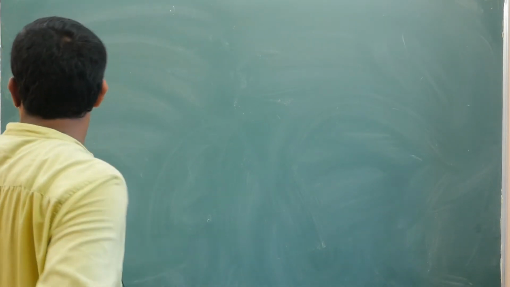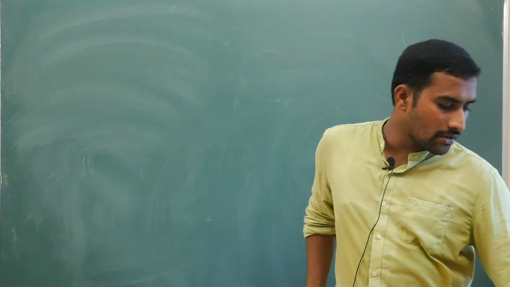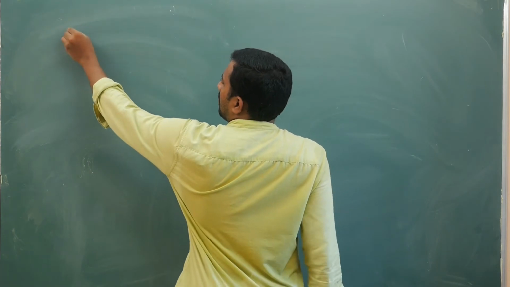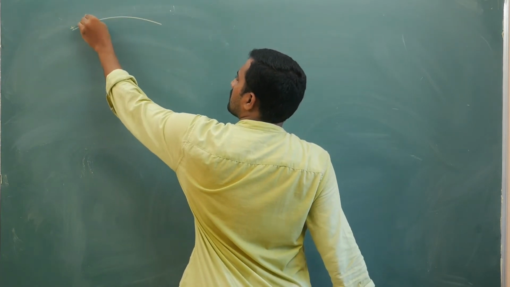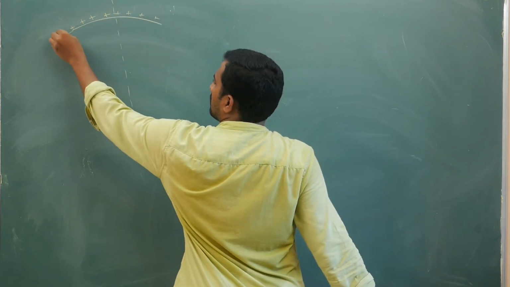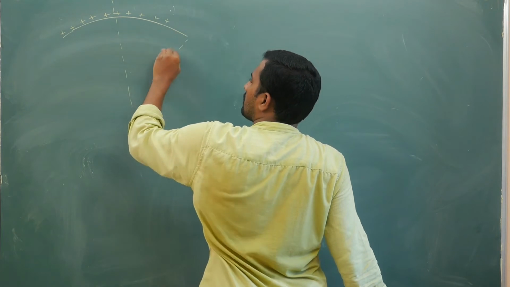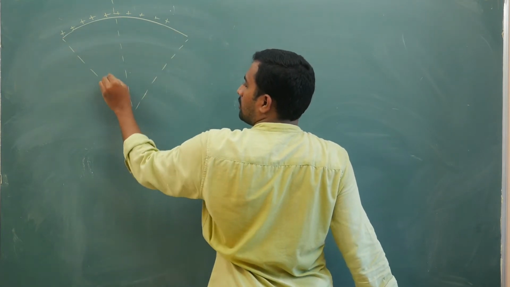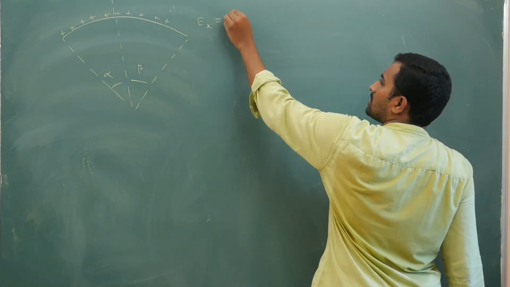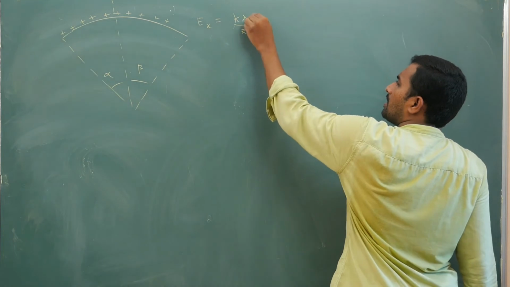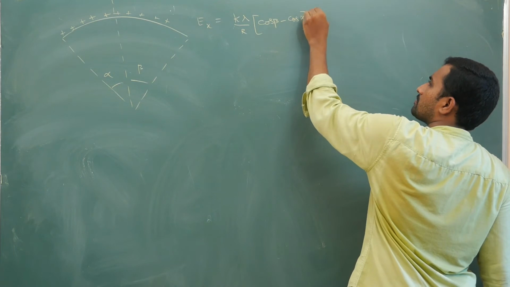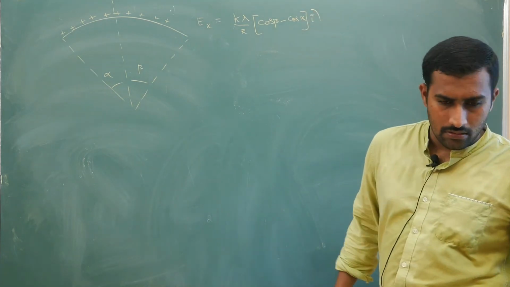Alright, so we have stopped at the calculation of the field along the x-axis for this arc of charge. I have taken this side angle to be alpha and this side angle to be beta, and we have got Ex equal to k lambda by r times cos beta minus cos alpha I cap. Now